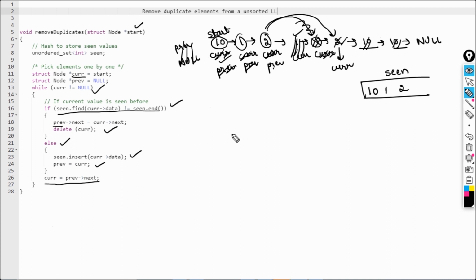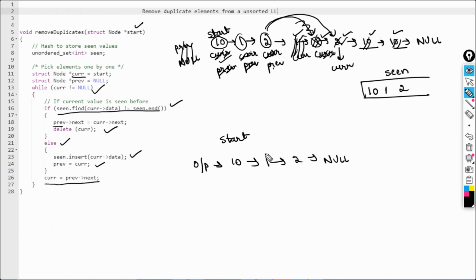And what will be the list that will be left out? So this is my start, and if I'll see, 10 is there, then 1 is there, and then 2 is there, right? And after that, all the elements have been removed, so null is there at the end. And I think this is our output, the output that we need, our desired output, because we need to remove all the duplicate elements, and our order will also be preserved here. In case of sorting, the order will not be preserved, right?